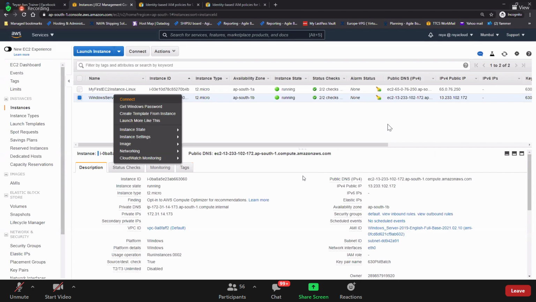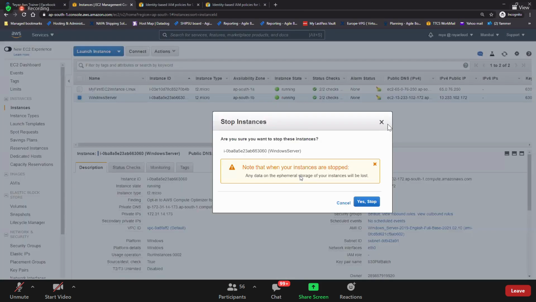What is ephemeral storage meaning? Anyone? Ephemeral storage. Okay. So I might have not put this in your brains. Maybe. Ephemeral storage is, do you remember that we discussed about instance store volume?